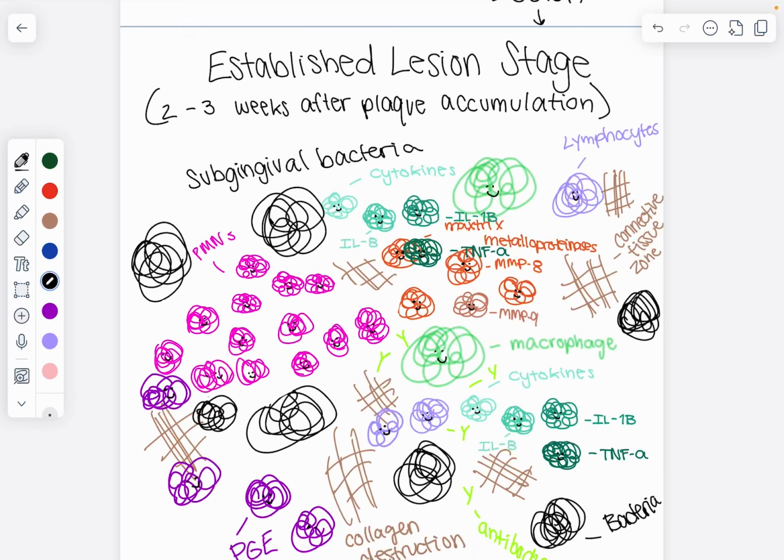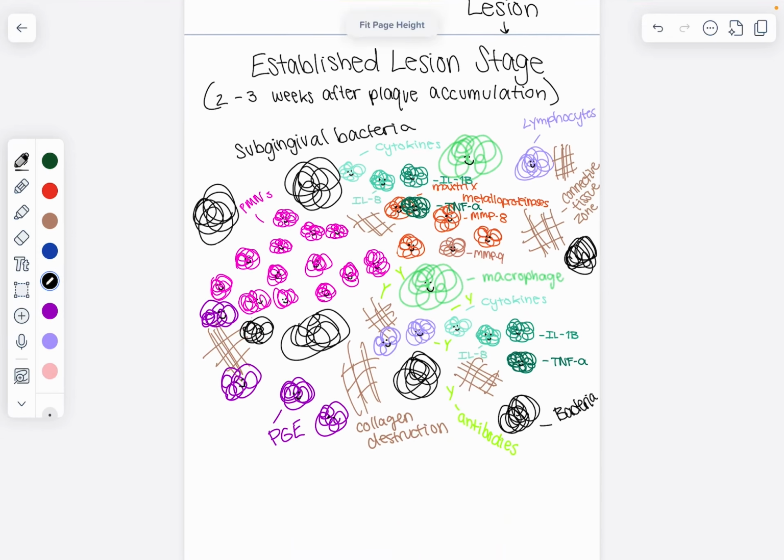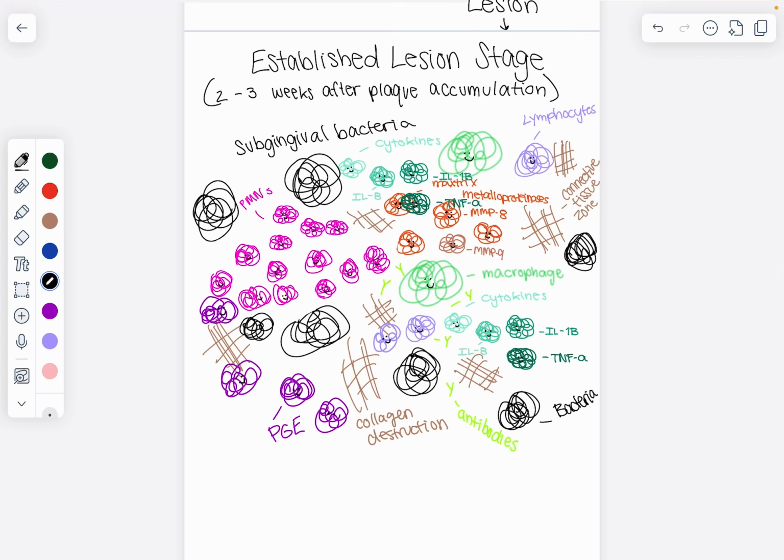Established lesion stage is 2 to 3 weeks after plaque accumulation, no longer acute gingivitis, and this is now chronic. More cytokines lead to PMNs, and macrophages and lymphocytes are recruited. Over 50% are plasma cells, leukocytes that produce antibodies. The MMPs are active in collagen and break down the connective tissue